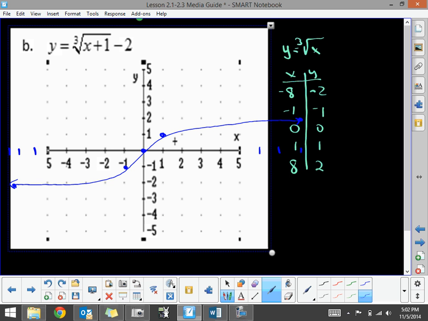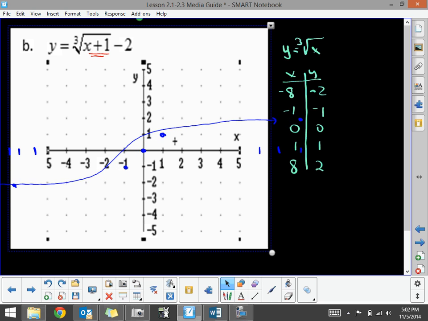And now we want to make our adaptations or our changes to it. So the change that we're going to make to this is we're going to make one horizontal change to it. We're going to change it by moving our graph 1 unit to the left. Since it's counterintuitive, we're going to move it 1 unit to the left, and then we're going to move it down 2 units. So our graph should end up looking like this. So I'm going to put that back to where it was, and I'm going to make those transformations on